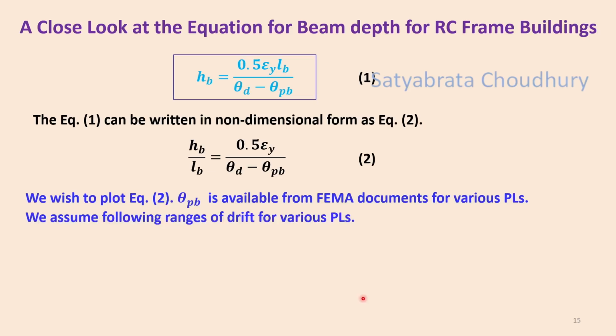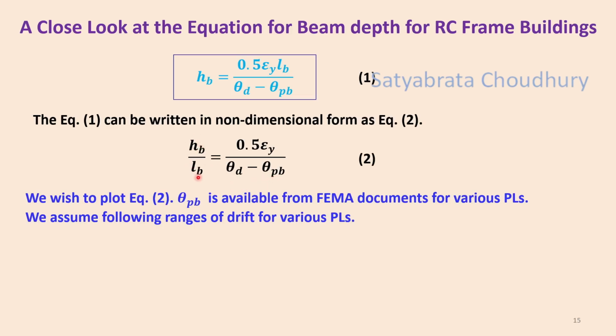Now let us take up the equation that we have developed. The equation was HB, depth of the beam, is 0.5 epsilon y LB divided by theta D minus theta PB. Let us make this dimensionless by transposing these sides, and we write it like this: HB by LB. LB we take on the left hand side, and the right hand side is 0.5 epsilon y divided by theta D minus theta PB. This equation 2 here can be plotted